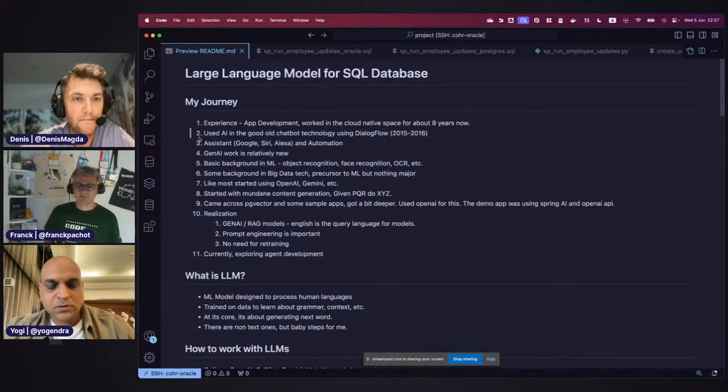It was quite good technology. It helped a lot in creating Google Assistant based integrations, and of course it had forward integration into the likes of Messenger and WhatsApp. So it was quite useful at that time.